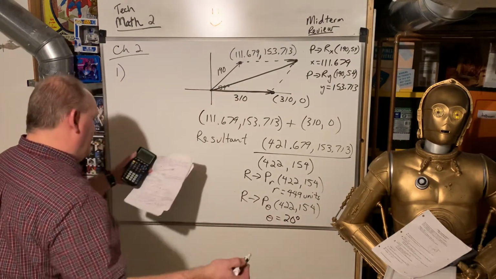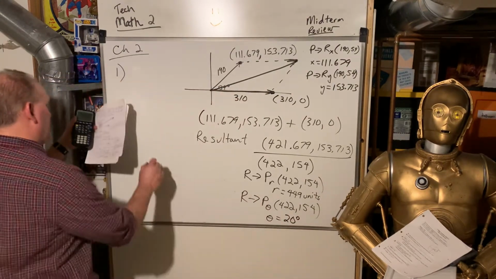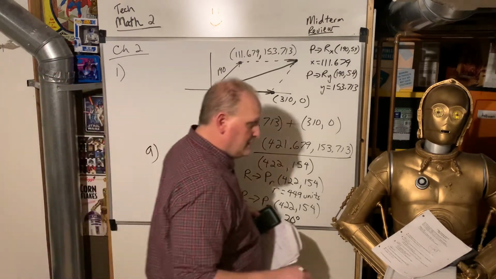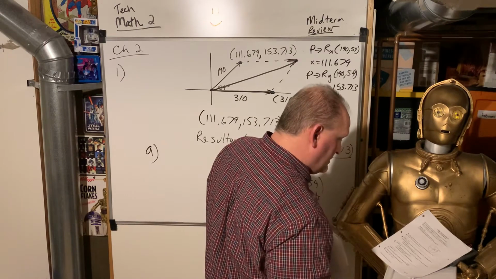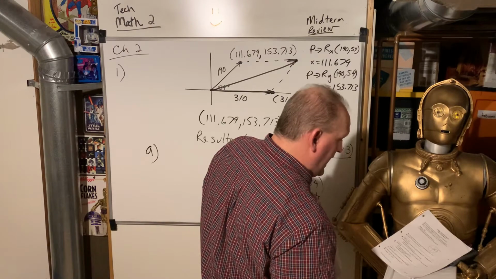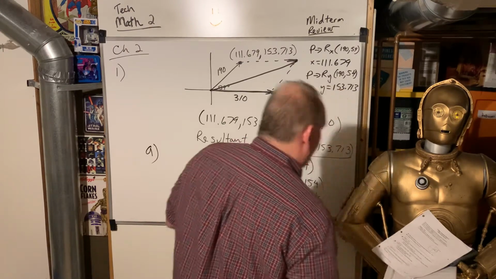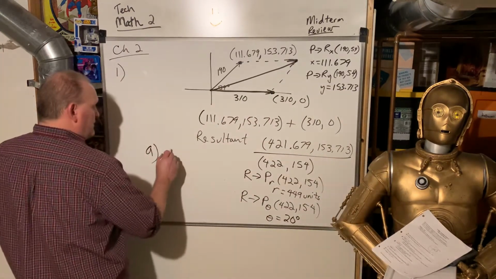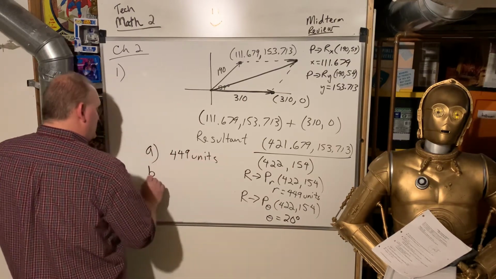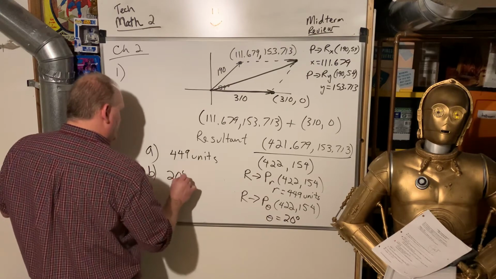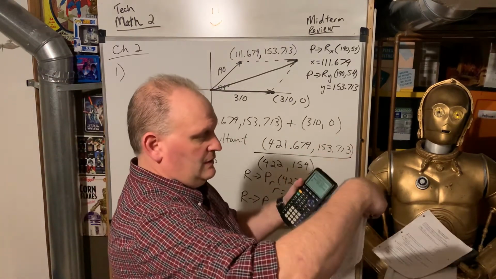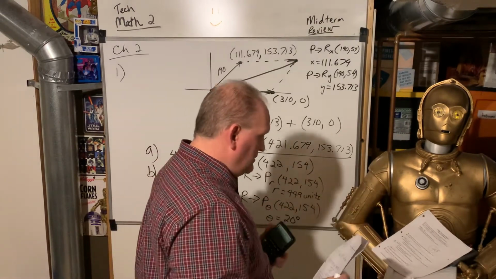So our final answer is they want to know A, what is the units that it goes out at, and B, the angle between. So the resultant vector OR is 449 units, that's part A. And then part B, they want to know the angle, that's 20 degrees. All right? Okay, let's do,